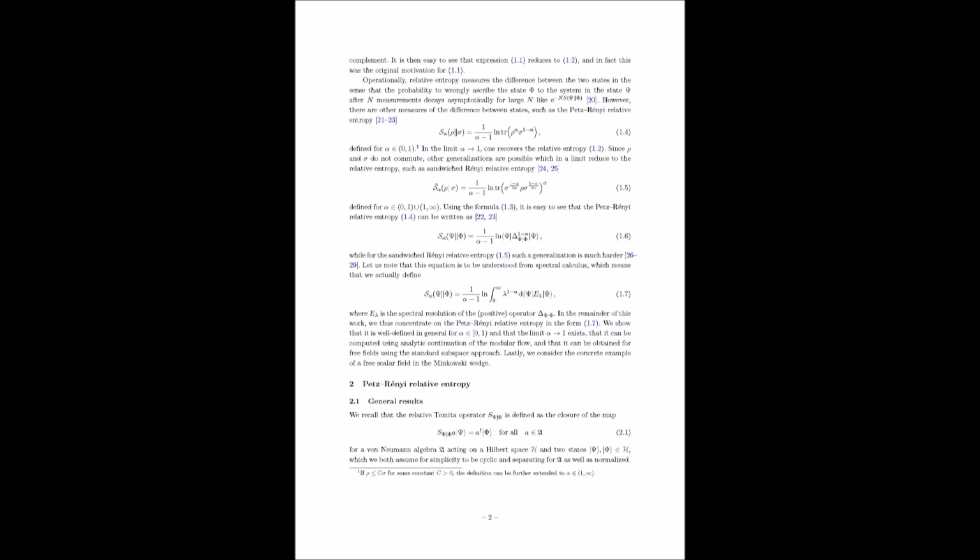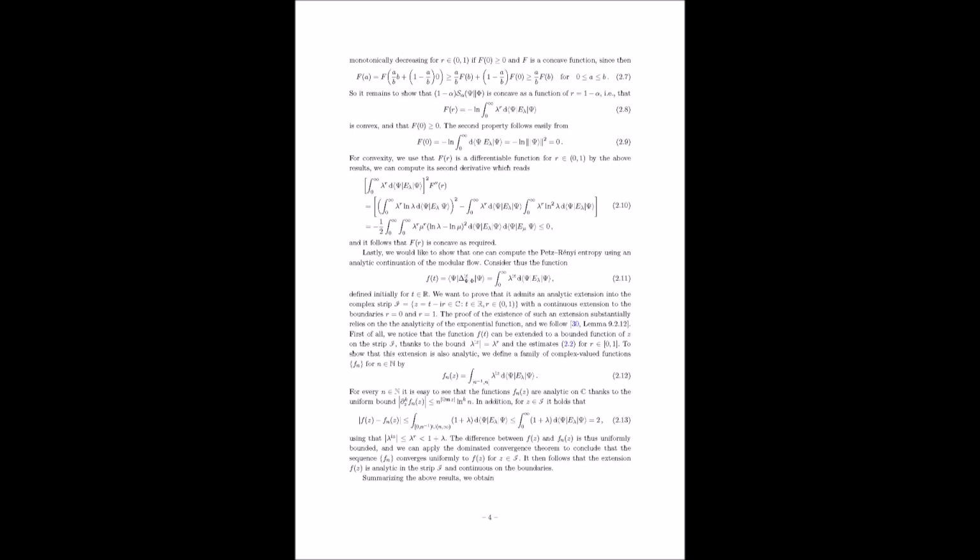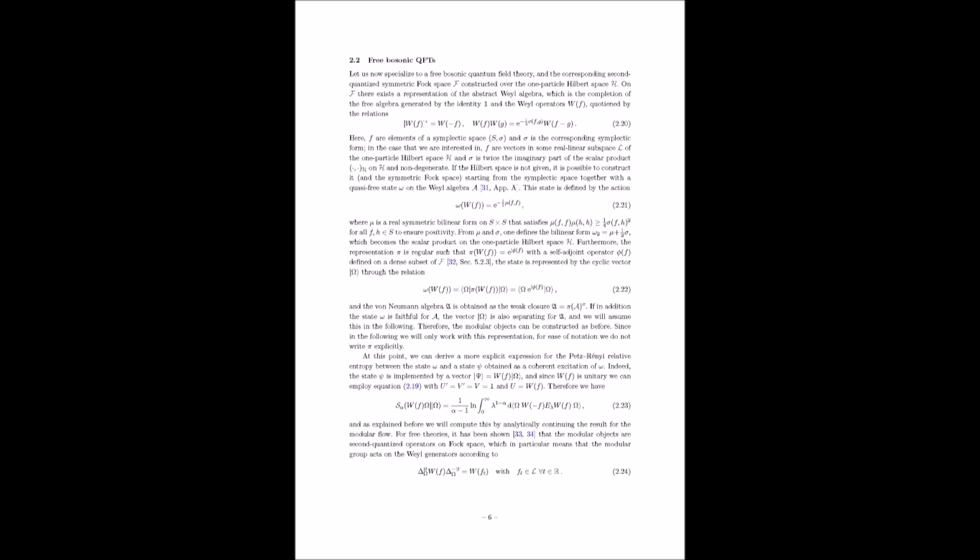There is. By extending the modular flow into the complex plane, we can gain access to information that's hidden when we restrict ourselves to real time. It's like we're using complex numbers as a magnifying glass to see the finer details of the system's evolution. Okay, I'm starting to see how this could be useful. So by analytically continuing the modular flow, Fröb and Sangaletti can get a handle on those powers of the modular operator that they need to calculate Petz-Rényi relative entropy. Exactly. It's a really elegant technique that allows them to bridge the gap between the abstract definition of Petz-Rényi relative entropy and concrete calculations in quantum field theory.